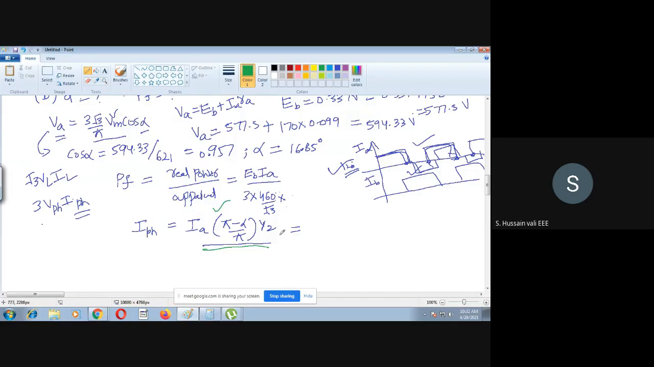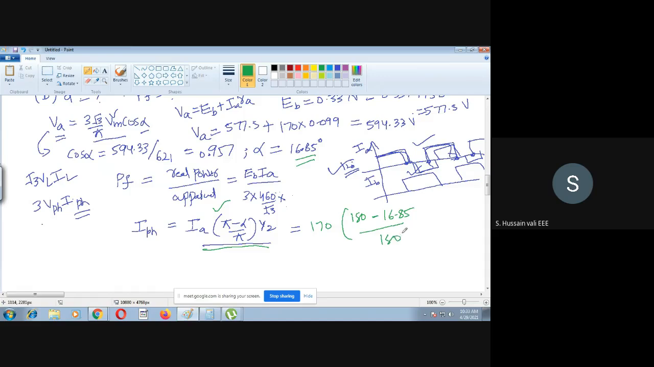IA into pi minus alpha by pi over square root. So then if you substitute this, the IA value is 170, the rated armature current, because in this problem he said rated armature current. Pi you will take as 180. Why you will take it as 180 is because this alpha is also in degrees. How much is it? We got 16.85. So 16.85 whole divided by